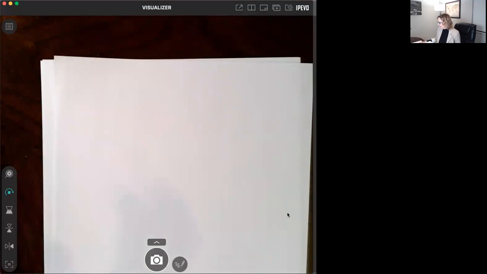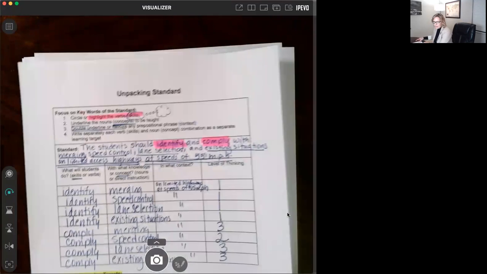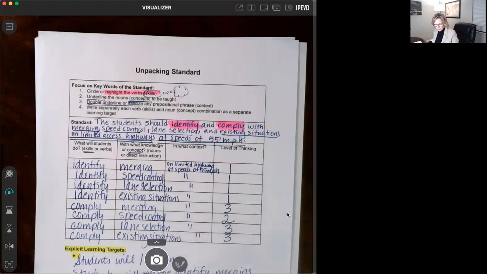And so today, what I'm going to do right now is teach you how to determine out of a standard what students need to know and what you need to do with that information. And so I'm going to go back to our document. So maybe here is our unpack standard. And so when we think about what do students need to know,